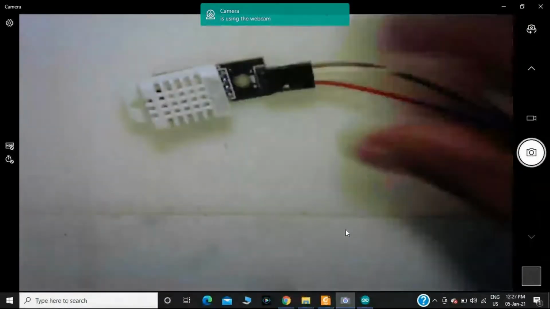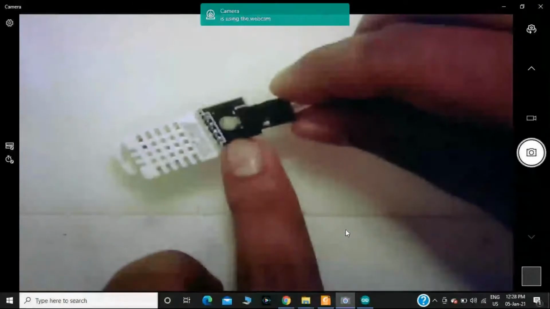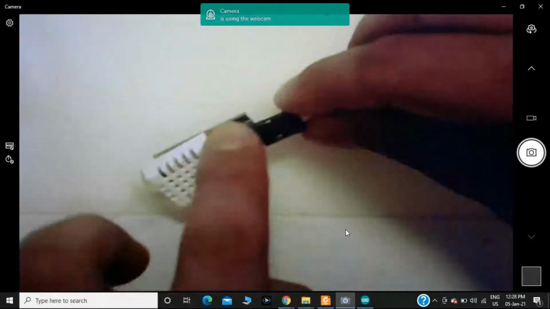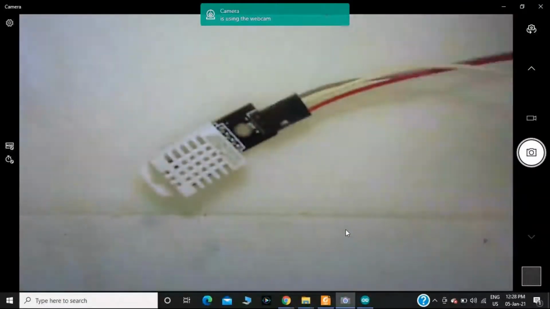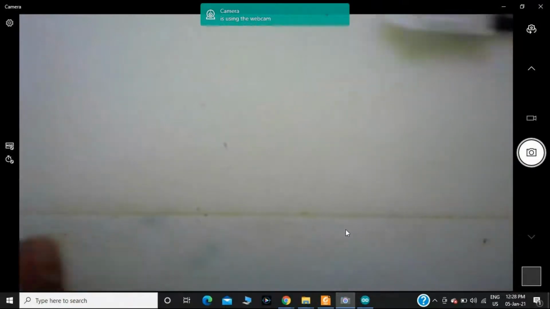The DHT22 sensor consists of three pins. Positive means VCC, negative is ground, and the middle one is the data pin. Now I'm making the connection between the DHT sensor and the NodeMCU. First, I should connect the ground pin to the ground pin of the NodeMCU.